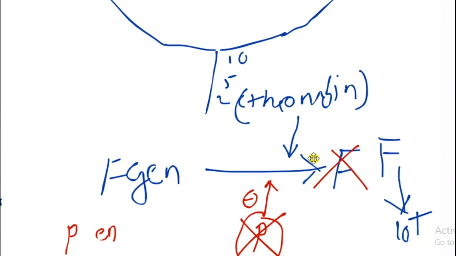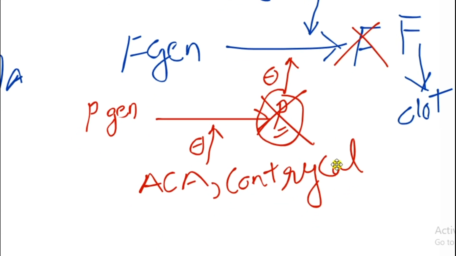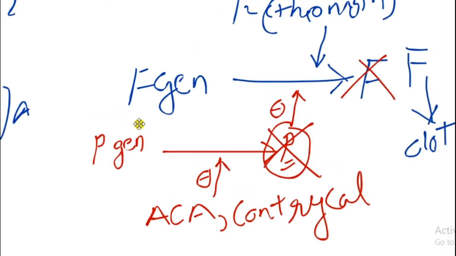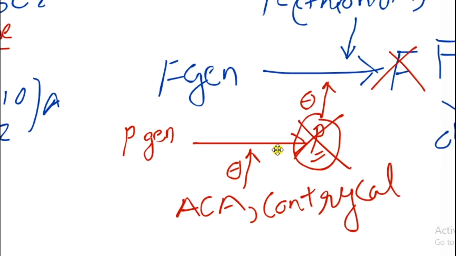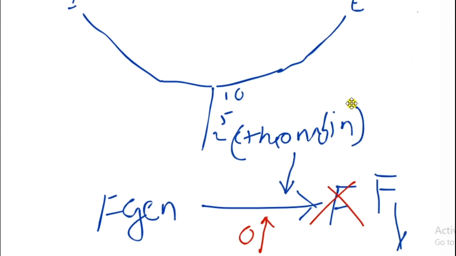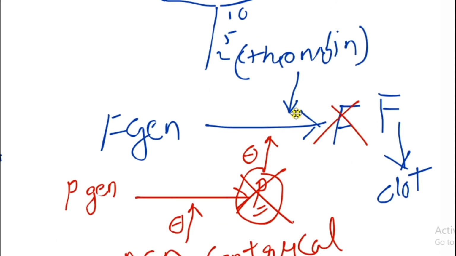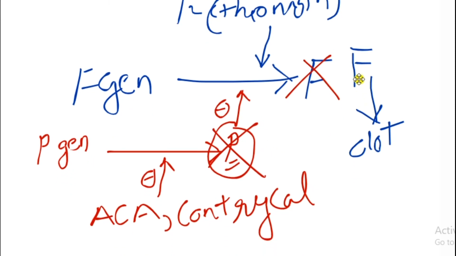This is how aminocaproic acid and chondrical inhibit plasmin formation from plasminogen. We have the intrinsic pathway and extrinsic pathway, and the common pathway for both is factors 10, 5 and 2. Factor 2 is thrombin. This thrombin helps in the formation of fibrin from fibrinogen. So fibrin helps in clotting.